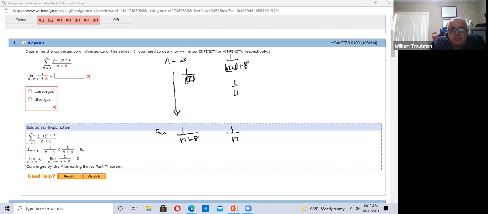And it gets smaller. The n plus 1 gets smaller from the 10. So we're okay there. That's what we wanted to verify, that the next n is smaller